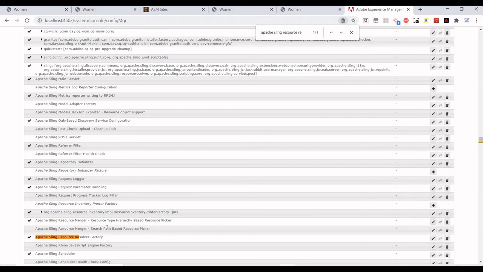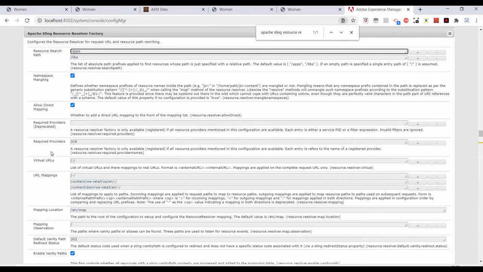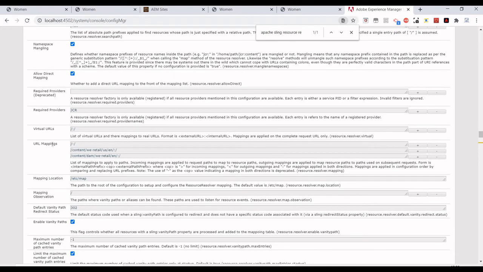Just open it, and here we will see the URL mapping properties. This is our source path, and after the colon this is our target path. For example, I want to remove content VRetail USEN so that I can just put women.html, men.html, or mypage.html. So this is my target path.